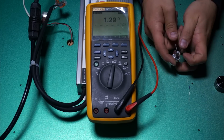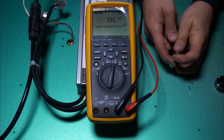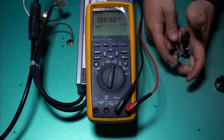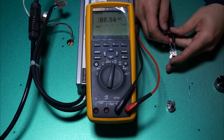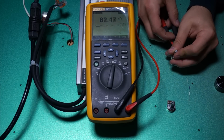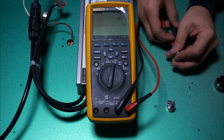I had a couple potentiometers kicking around. Both of them were rated for 100k, and I found that the first one went up to 108k, so that's fine. I could use this just straight up connected to the dimmer leads and I'd be okay. But the second one that I measured was actually coming in at 88k ohms, and that's no good to me. So in this case, we would need to add one of the resistors that we have in order to hit